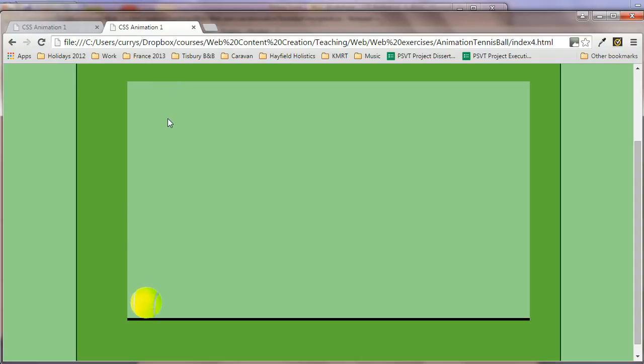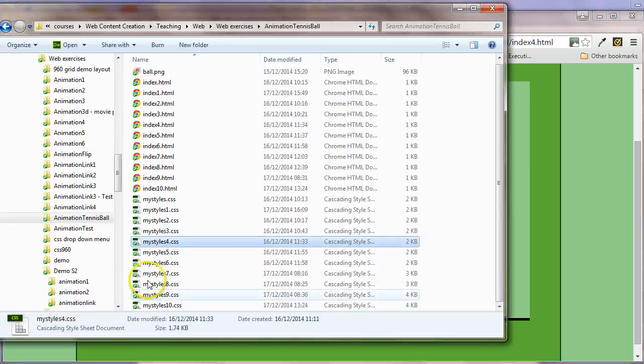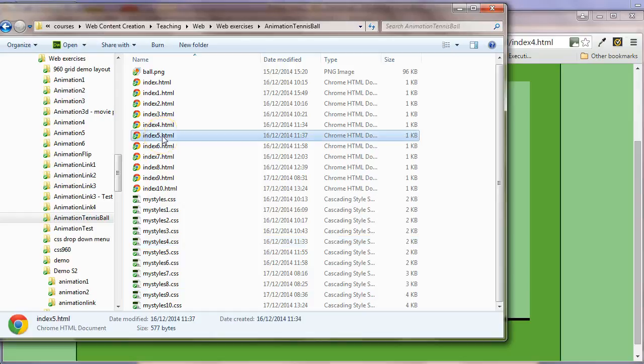The next thing I want to do is apply some focus to the tennis ball. So at the moment, yes, I've got a stage here, but that stage is quite large. I want to draw the user's attention to where the action is going to happen. So I'm going to apply a kind of a spotlight thing on the tennis ball. So to do that, what I'm going to do is,